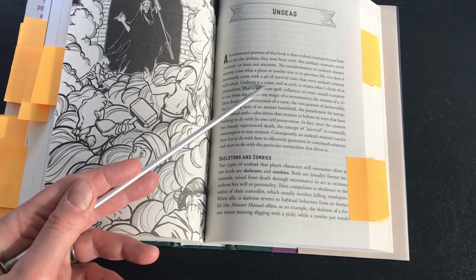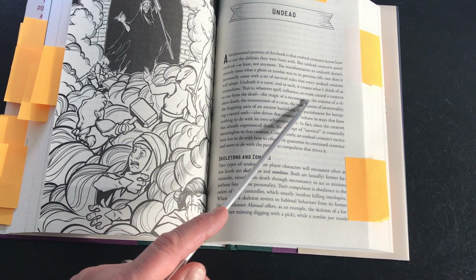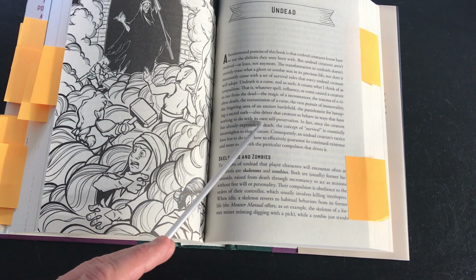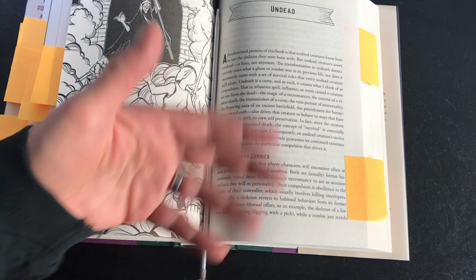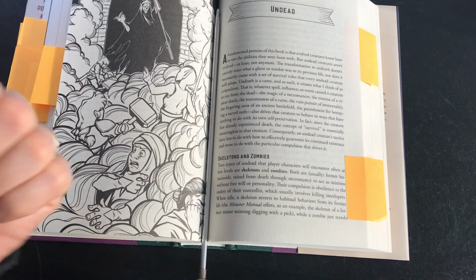He writes, undeath is a curse, and as such, it creates what I think of as compulsions. That is, whatever spell, influence, or event caused a creature to rise from the dead also drives that creature to behave in ways that have nothing to do with its own self-preservation. So in this case, you could encounter skeletons who are motivated by something that you then have to bring into